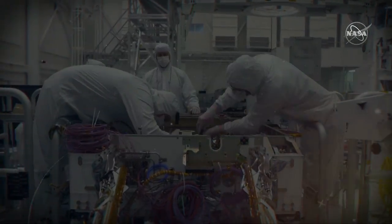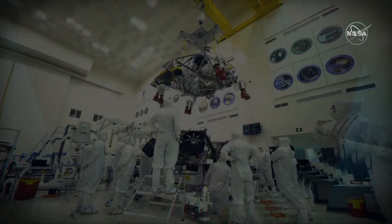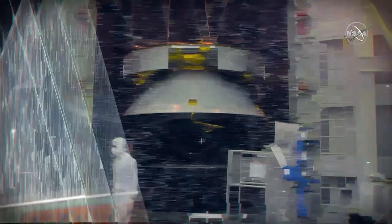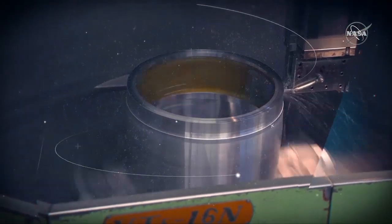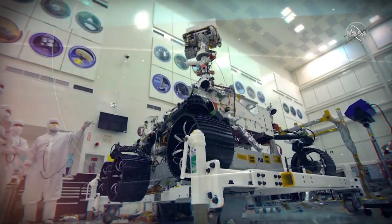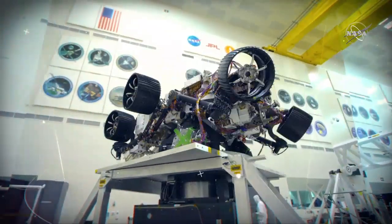This rover is the beginning of the next generation of Mars missions, whose purpose is to prepare Mars samples for return to Earth and pave the way for eventual human exploration of Mars. For nearly a decade, over 3,000 team members from NASA's Jet Propulsion Laboratory and partners from around the world have put their hearts and souls and many long hours into building the most technologically advanced interplanetary vehicle we've ever sent